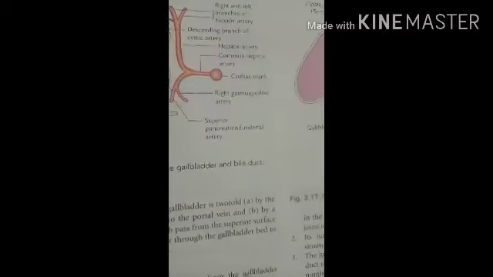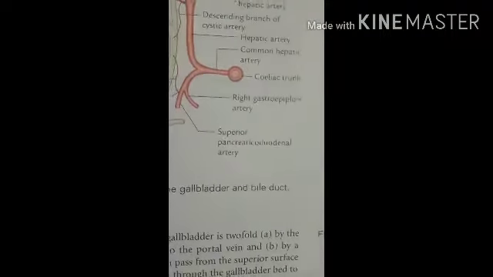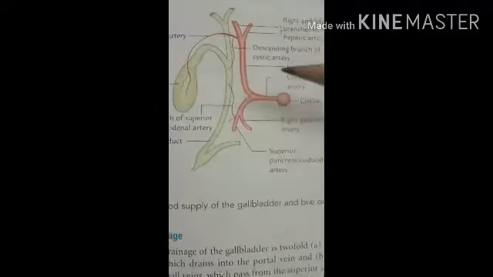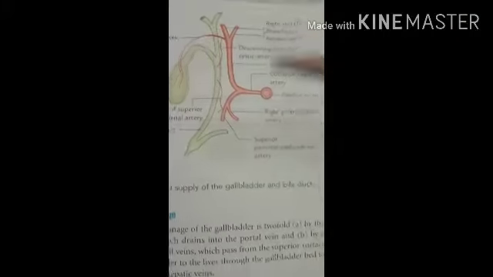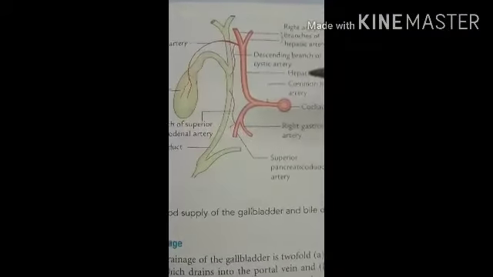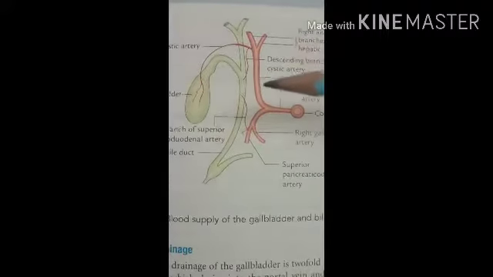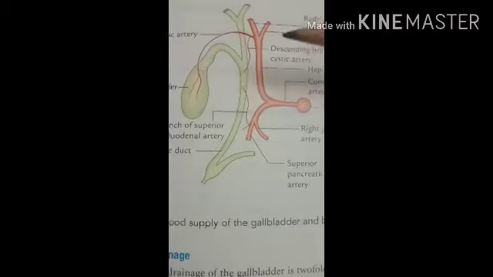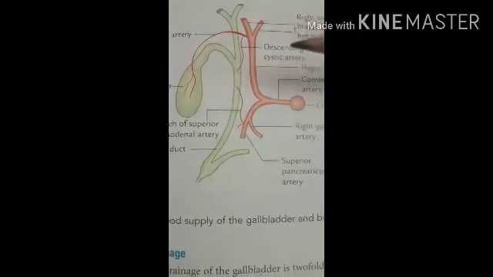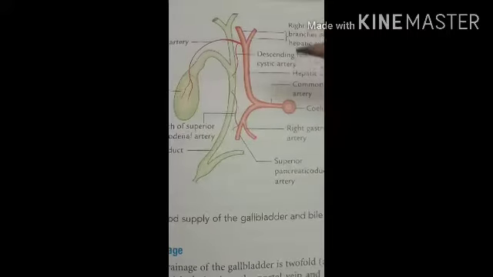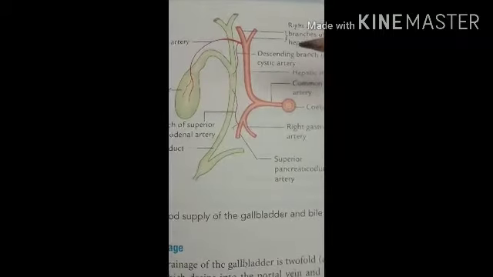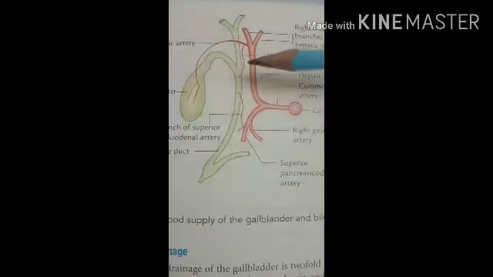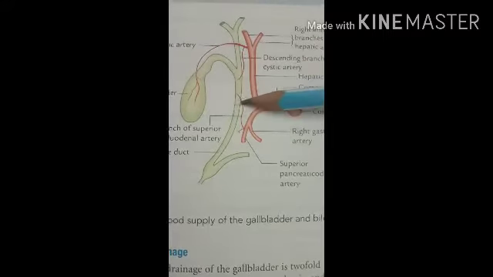After that we have to see the lymphatic drainage of the extrahepatic biliary apparatus. It drains into the cystic lymph nodes. Most of it, the upper part of the extrahepatic biliary apparatus, drains into the cystic lymph node. These lie in the angle between the cystic and the common hepatic duct, which drain the gallbladder and the cystic duct, hepatic duct and the upper part of the bile duct, this one.